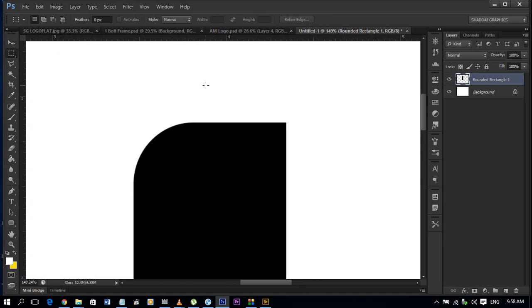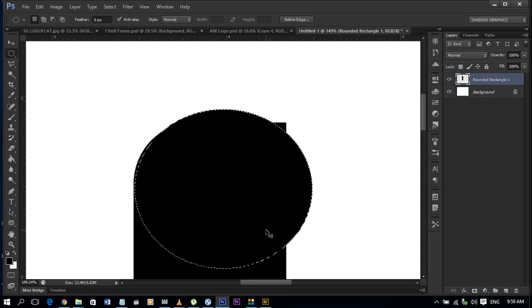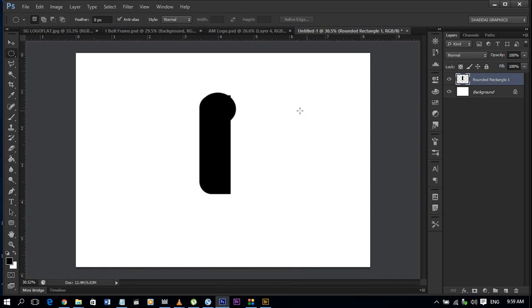Now the next stuff I'm going to do, take a circle. This is going to be the top of our head. So I need more curve. So I'm going to fill the circle too with black. There, fill it with black, and then